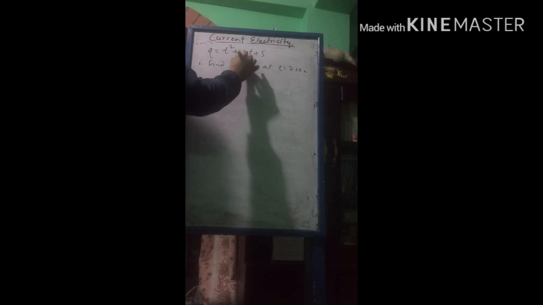That is, find the instantaneous current at t equals 2 seconds, and